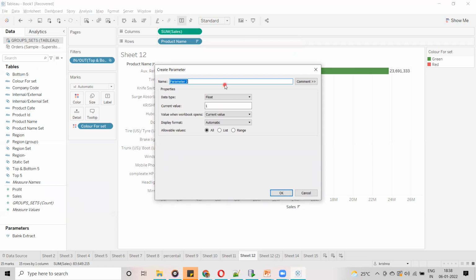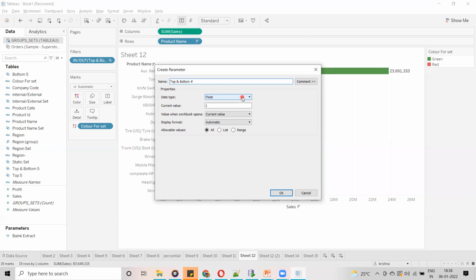Now I want to give the end user the flexibility to enter the value. So I have named it top and bottom number. While creating parameters you also have to choose the proper data type. What kind of data is the user going to enter?